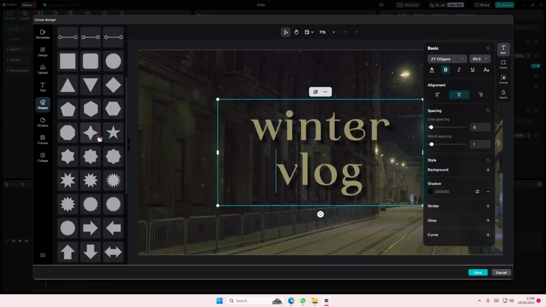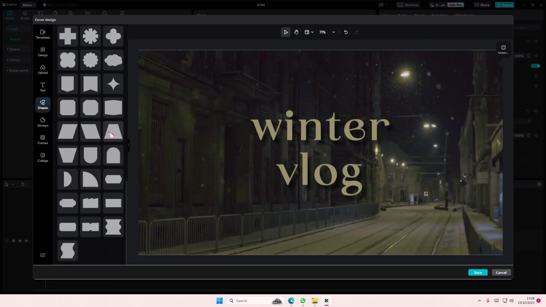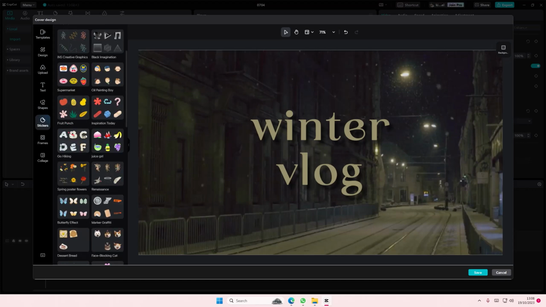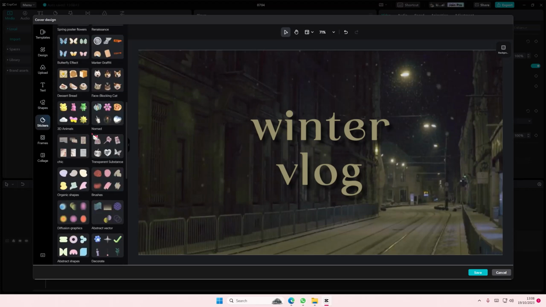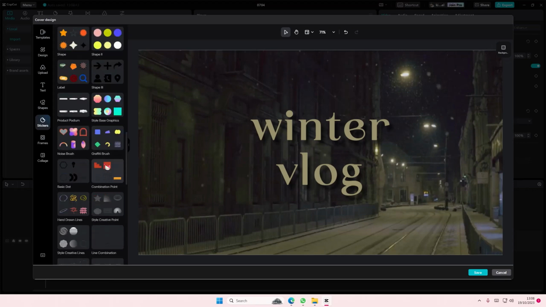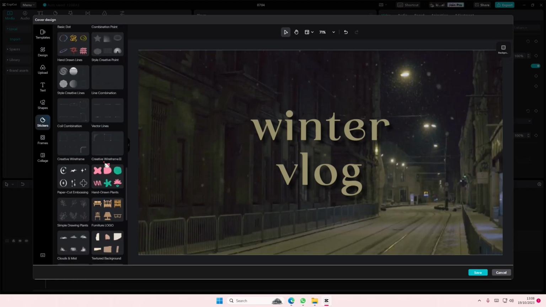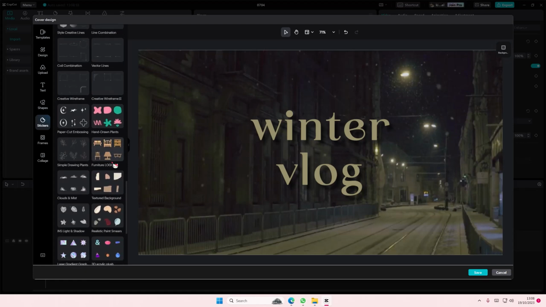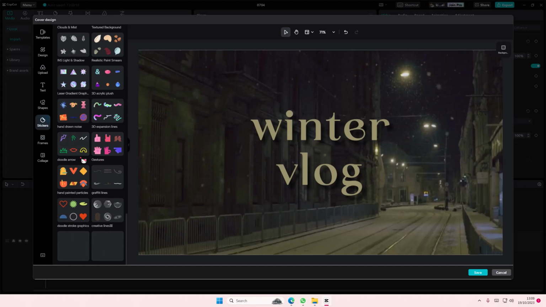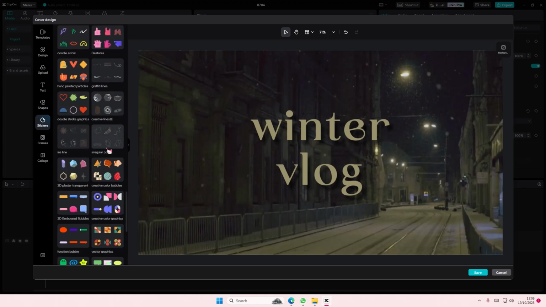And you can also add in shapes if you'd like to, for some reasons. You can also add in stickers. There's a lot you can choose from, as you can see here. Like maybe the frame ones or these ones. Again, I'm not going to go into that much because